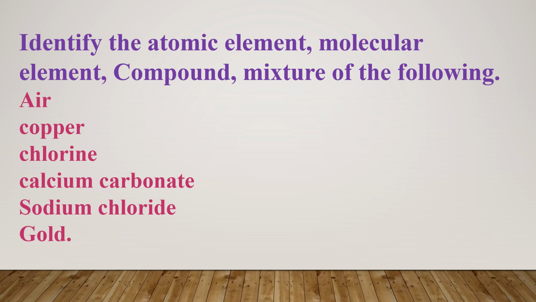First one is air. Generally, air contains oxygen as well as nitrogen gases. So that is why we can call it a mixture. This air we can call a mixture because here they are not combined with each other. Hydrogen does not combine with nitrogen, so they exist separately. That's why we can call it a mixture, and because they are in different compositions, we can call it a mixture.